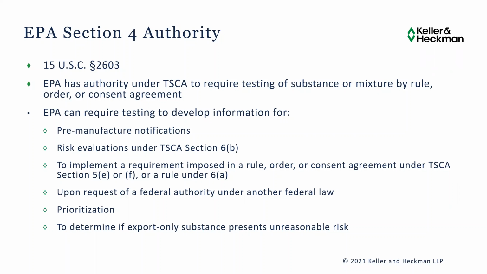Also, prior to TSCA reform, EPA was only authorized to require testing if certain findings were made, like that the substance may present an unreasonable risk or that the substance is or will be produced in substantial quantities. So Congress was concerned that it was difficult for EPA to make such findings without the test data to begin with. And so it provided EPA with additional testing authority. So there are more circumstances in which testing can be required under TSCA, like for pre-manufacturer notifications or PMNs under Section 5,